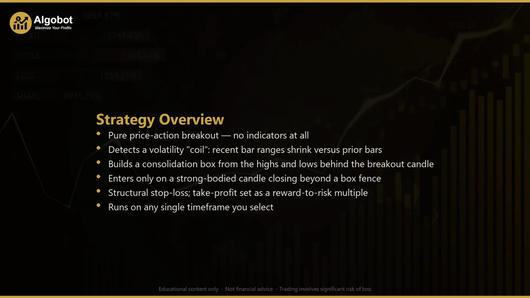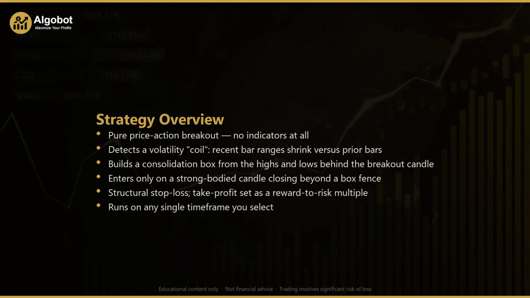Because it reads only raw candle data, this approach can be applied to any market that MetaTrader 5 supports, foreign exchange pairs, indices, metals, and more, and on whatever single time frame you choose when you run it. It tends to appeal to traders who like clean, rules-based logic and who prefer structure over a screen full of indicators. As always, remember that this is educational information only, not financial advice, and that trading carries real risk, including